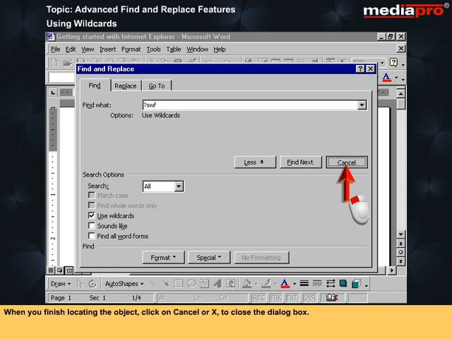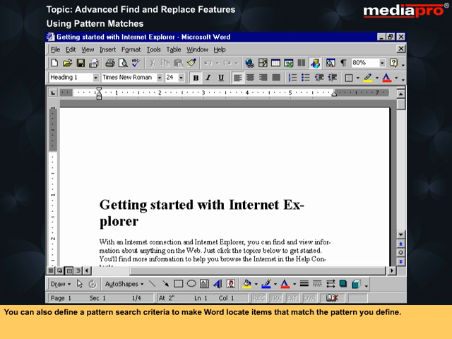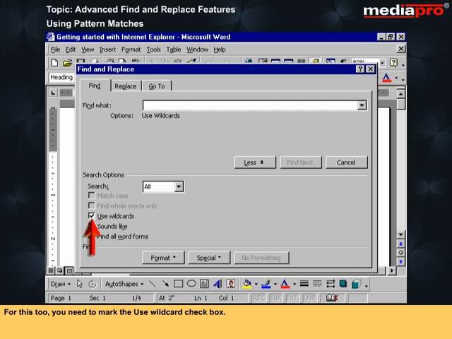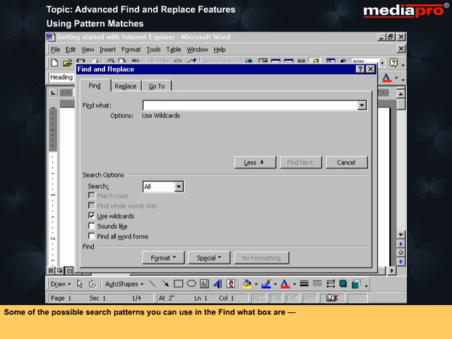When you have finished locating the object, click on Cancel or X to close the dialog box. You can also define a pattern search criteria to make Word locate items that match the pattern you define. For this too, you need to mark the Use Wildcard checkbox. Some of the possible search patterns you can use in the Find What box are: any character in the bracket